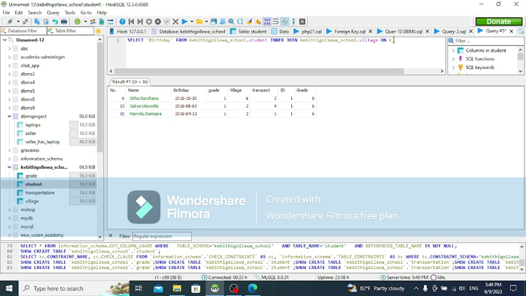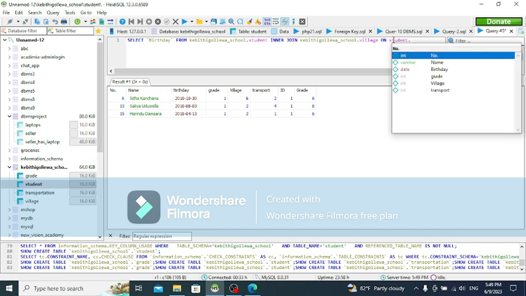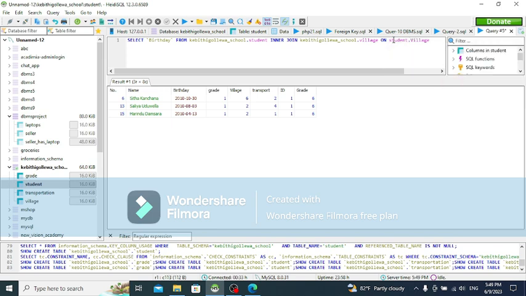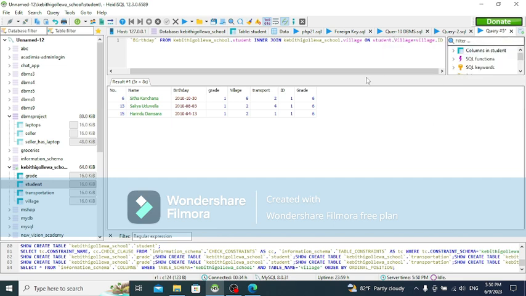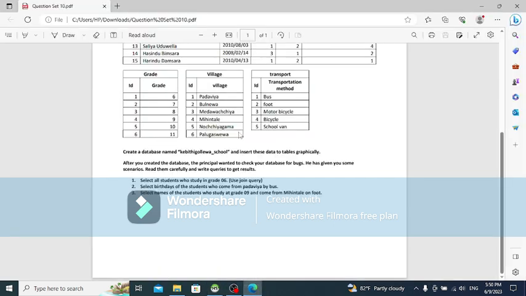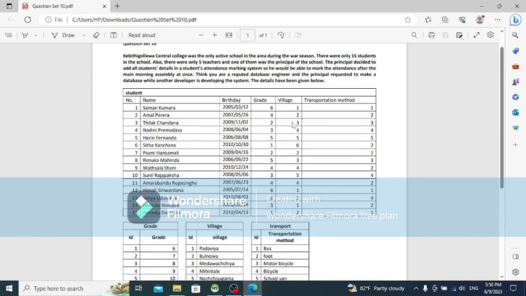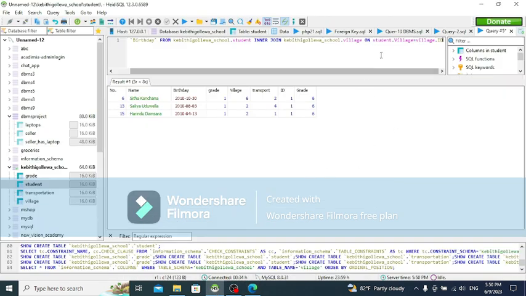So say student village equals village dot ID. So the ID columns. ID column here. So these two are the same. This is basically the village ID. So join those, and also